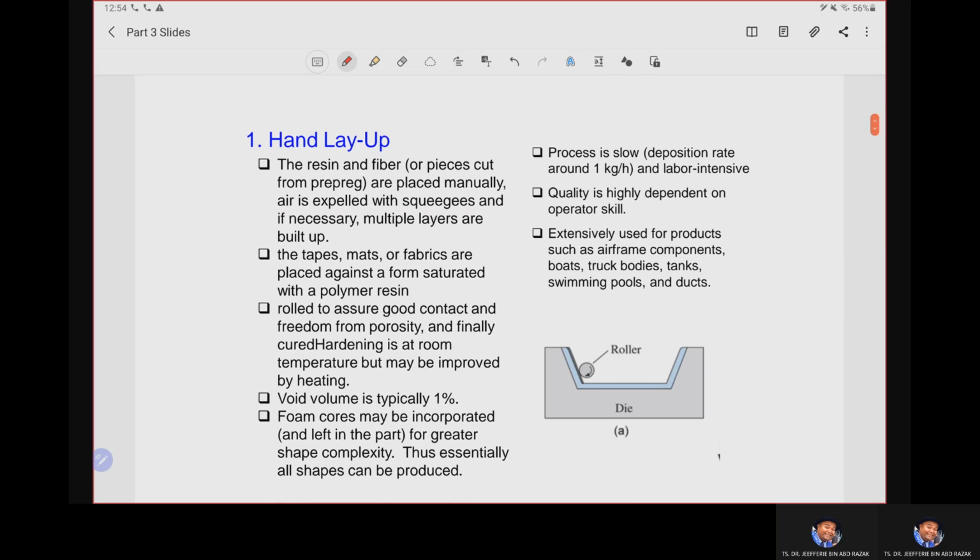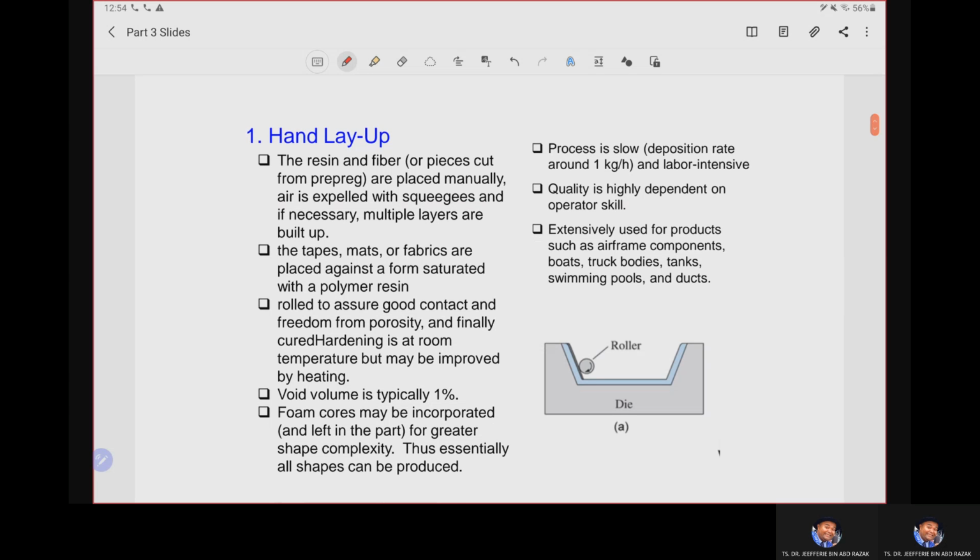Okay, here is the simple method for fiber reinforced polymer manufacturing, namely the hand layup process. As you can see here in the figure, the basic setting for the hand layup process: we need to have a die, in accordance with the final shape that we want, and the roller to distribute the matrix